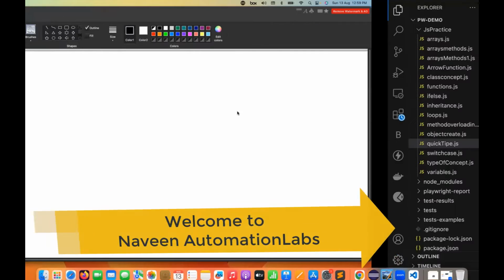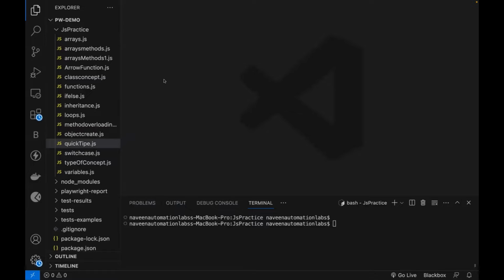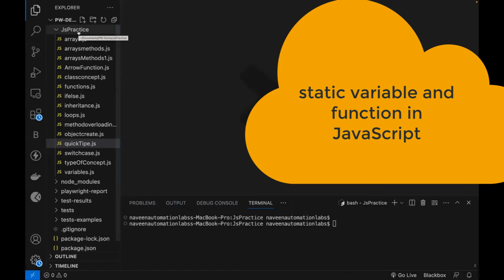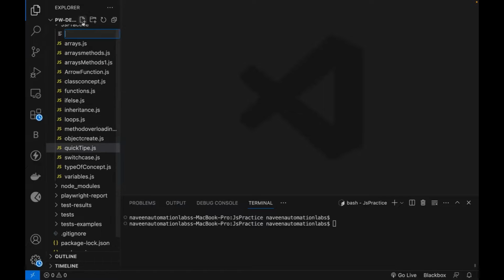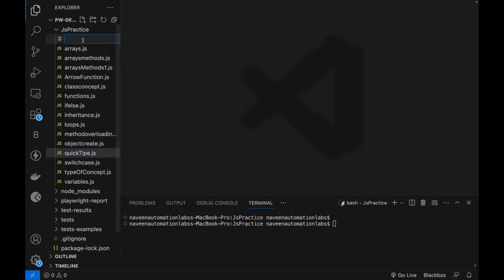So again, back to our JavaScript series. Today we are going to talk about one important thing: static variables and static methods in JavaScript. Do we have any support for static variables and methods? Let's see. I'll create one file under this, and then we are going to